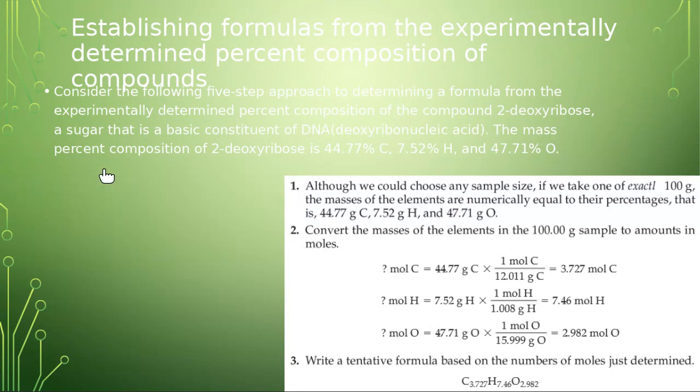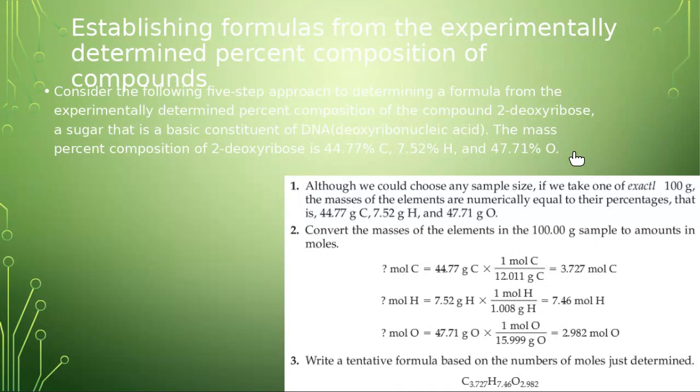The mass percent composition of 2-deoxyribose is 44% carbon and 7.52% hydrogen and 47.71% oxygen. If you want to find this 2-deoxyribose sugar's molecular formula, you will use all of these percentages,